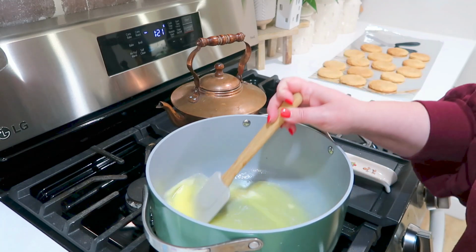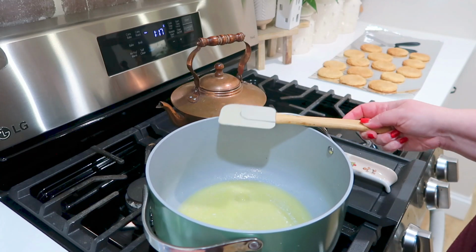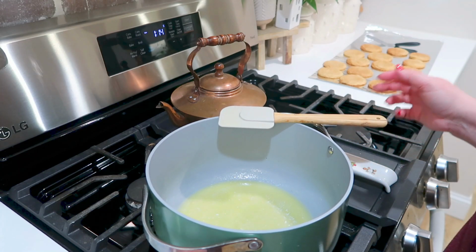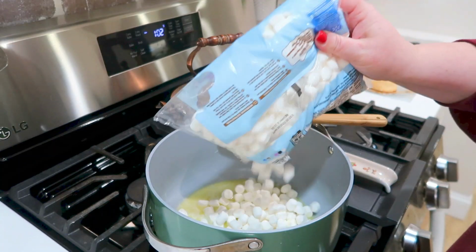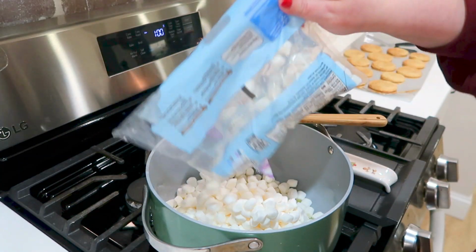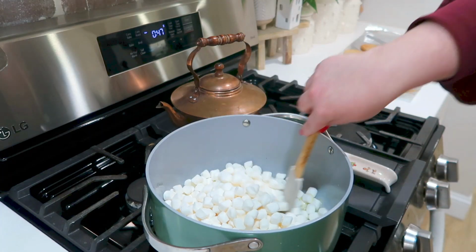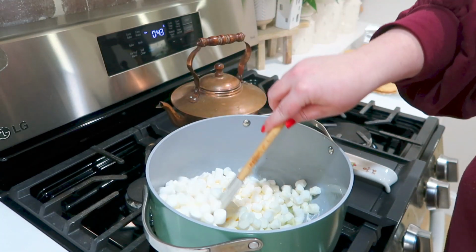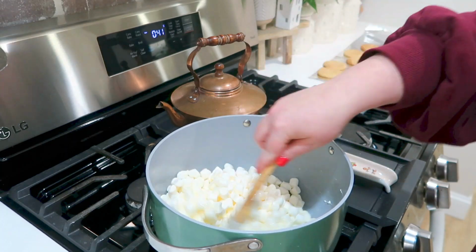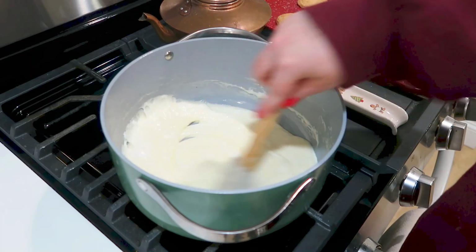Then you're going to add in 1 package of marshmallows. I was using miniature marshmallows. I just find that they melt a little bit faster, but you can use large if that's all you have. Go ahead and mix those in and keep the heat on your stove at low medium, and you don't want it to be too hot. You don't want to burn your marshmallows, and just keep stirring those until they've melted into your butter